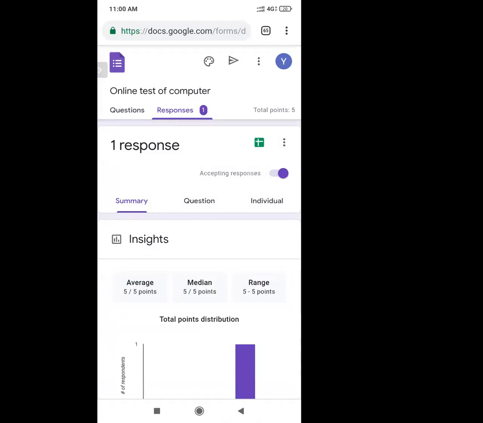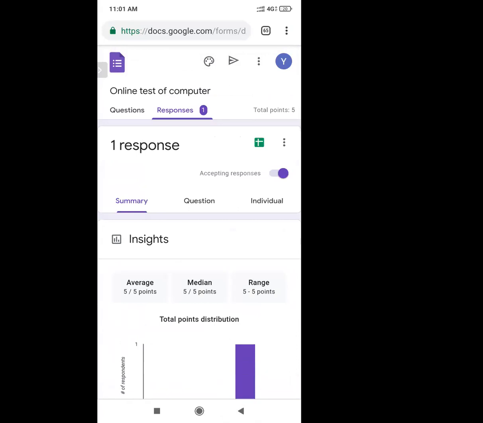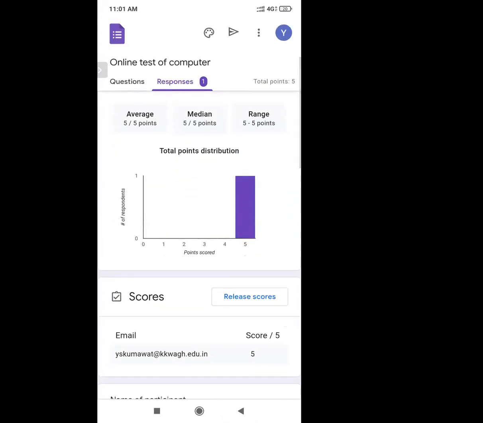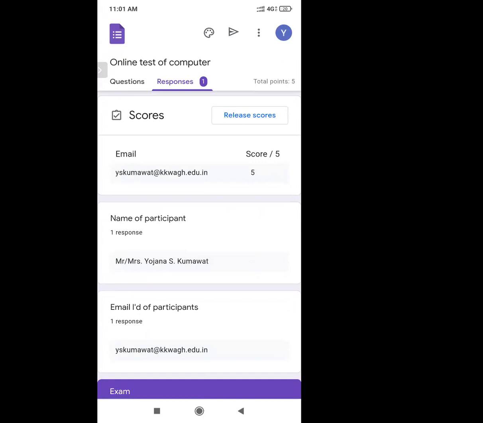Okay, one thing. Now you can see previously there were 0 responses, but now I have submitted one response. That's why, again, check that this is your Google form and this is your responses. You can see one response is there, and at the time of setting, I selected to give the feedback in the form of charts. That's why I'm getting the responses in chart also. Here you can see my response.